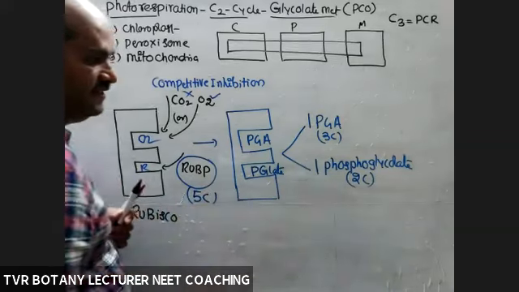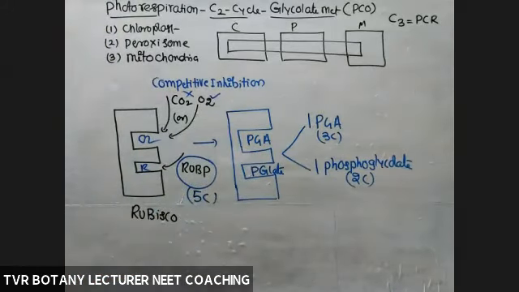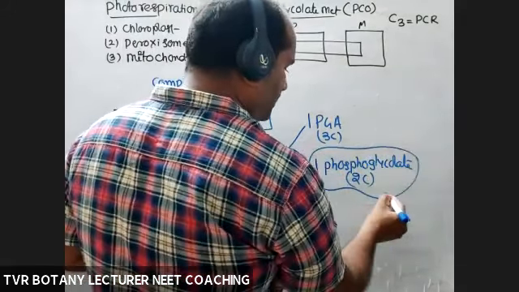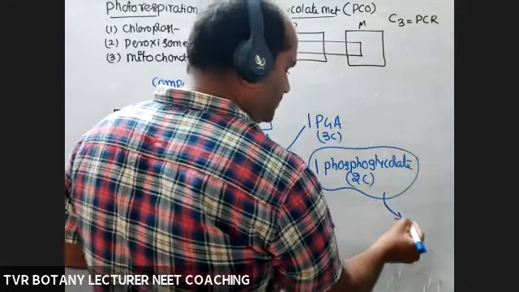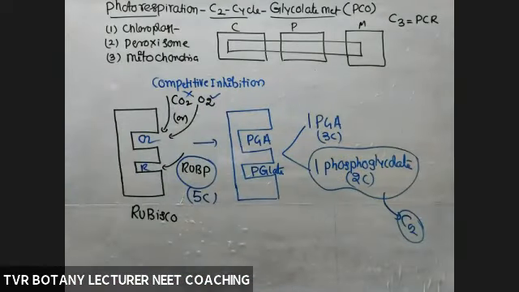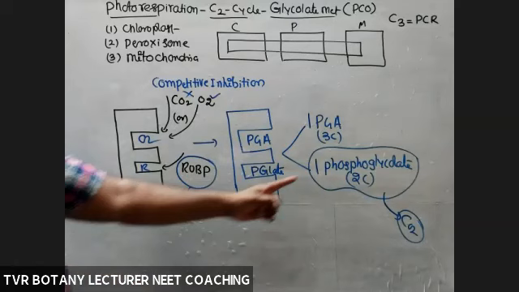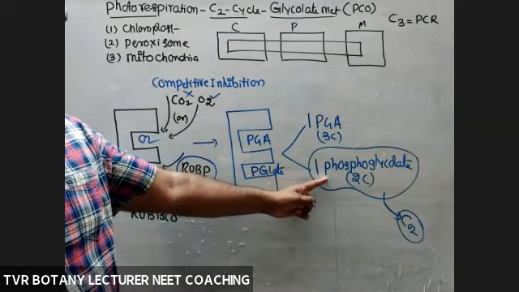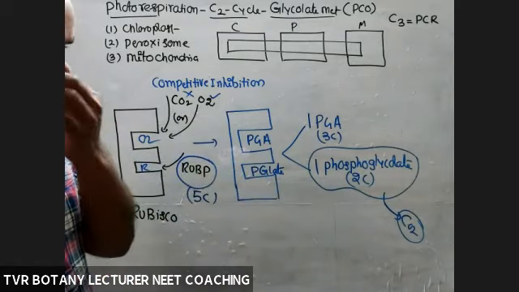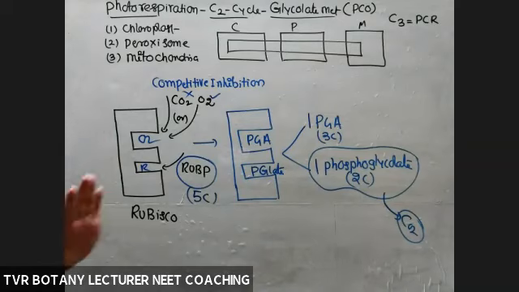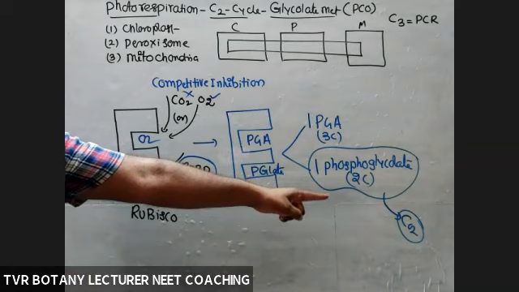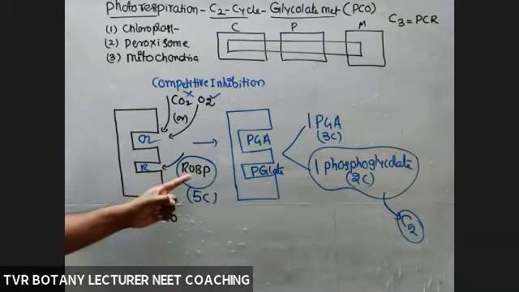5C. So during photorespiration, from the glycolate, carbon is oxidized and released as CO2, not from the phosphoglyceric acid. Actually, 2 molecules of glycine are formed and glycine is subjected to decarboxylation. Is it clear? If they question you, the carbon which is oxidized and removed in the form of CO2 by decarboxylation is coming from RuBP.